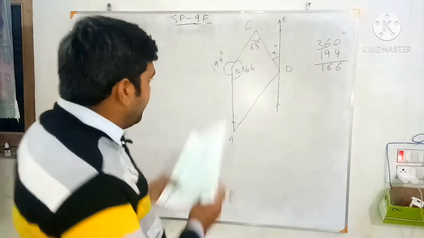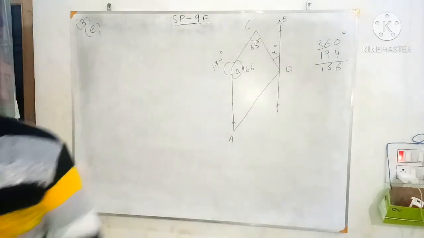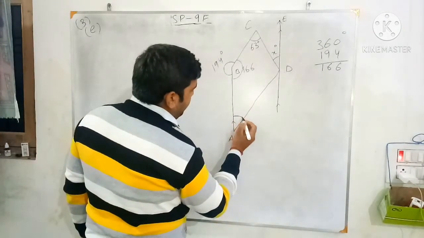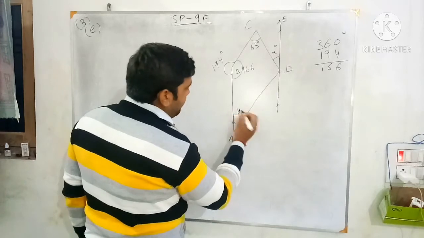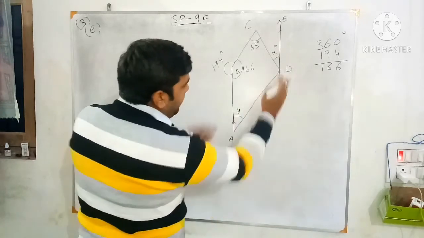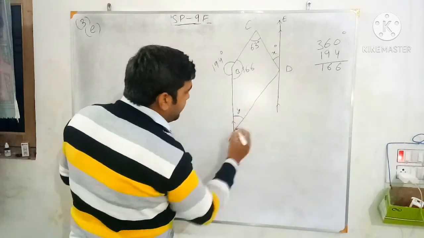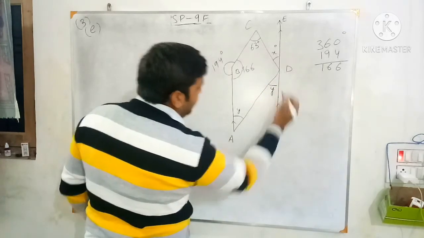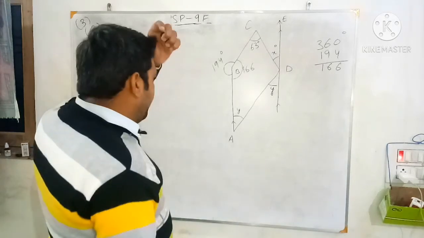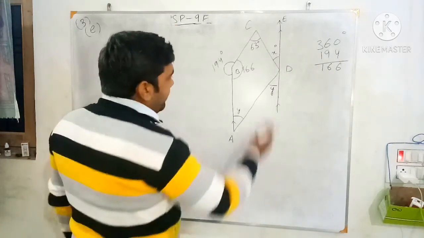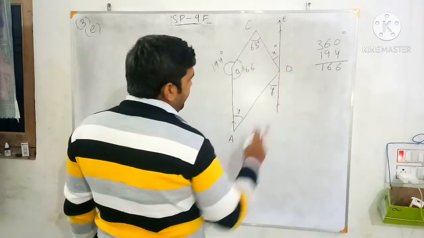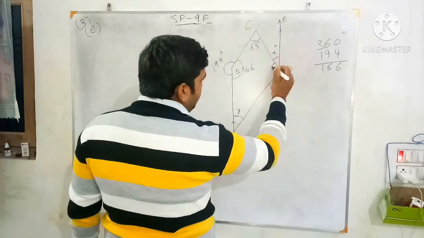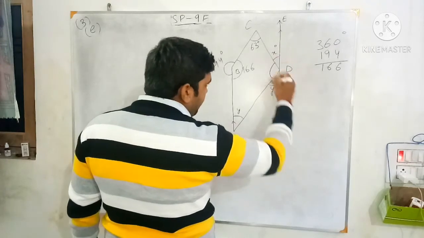Now let this angle be y. Now since these two are the parallel, this is the transversal, as you can see there is the letter Z formed. So this is the alternate angle. So this will be also y. Now one thing you know, this angle x, this angle y, this will be the complete 180 degree.